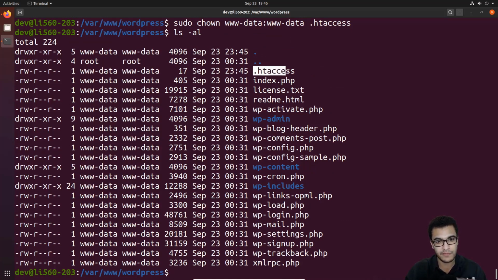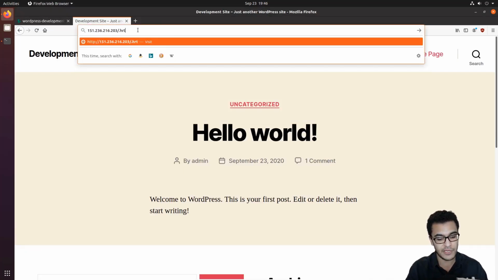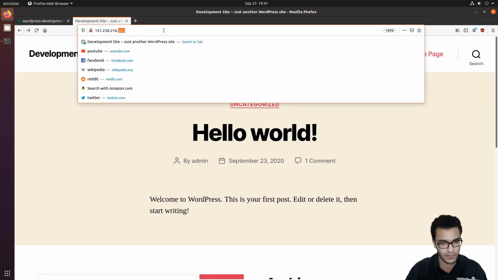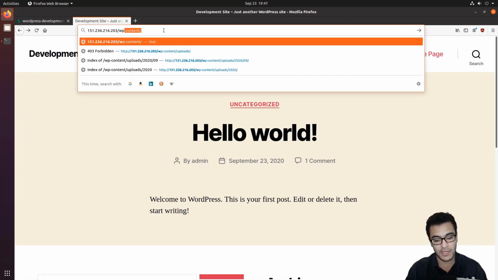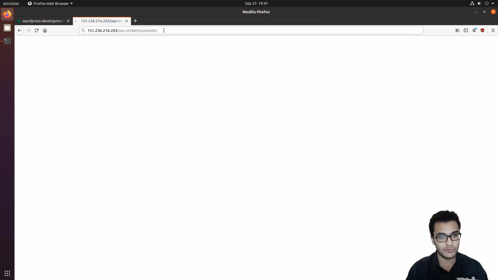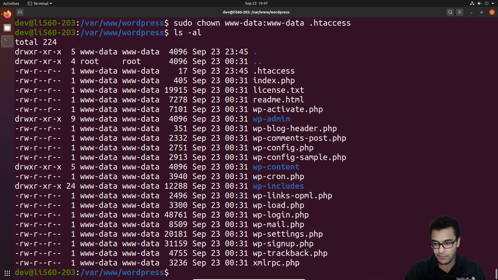And of course, with our Apache configuration, we saw we had the security configuration that prevents us from accessing the .htaccess file. So if I go right over here and say I want to access .htaccess, like this, and I hit enter, you see it's going to tell us you don't have permission to access this resource, which is excellent. Again, we cannot access any of the directories like wp-content, and even if I go on up to the uploads directory, you can see I don't have access at all. So these are, as I said, the most important options. Now let's talk about